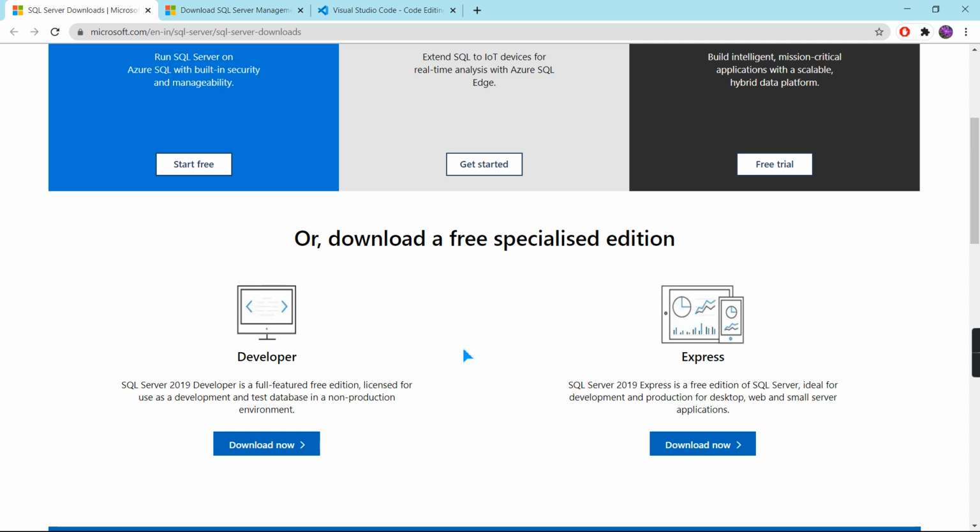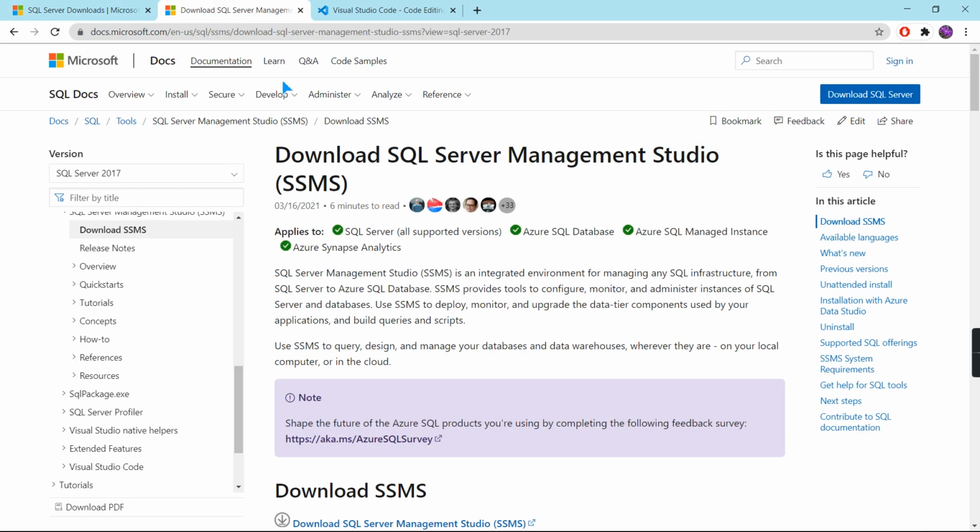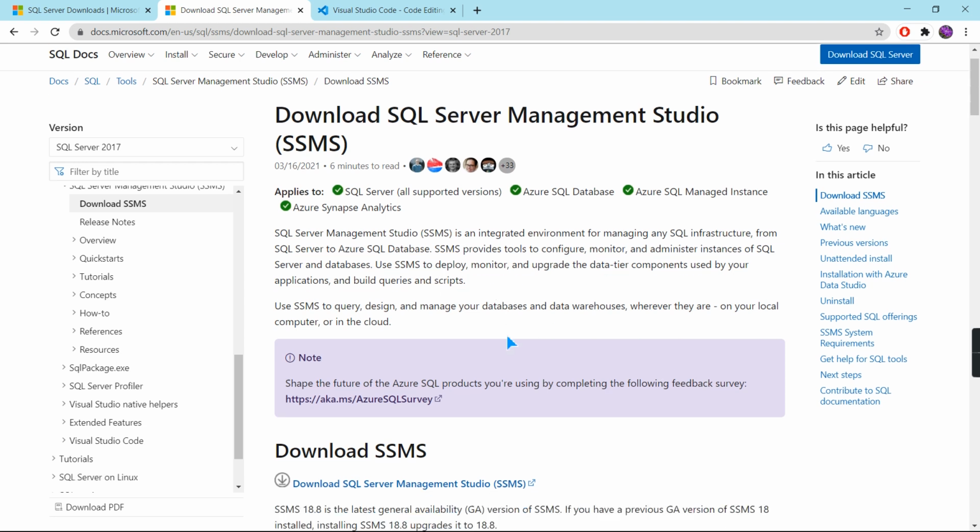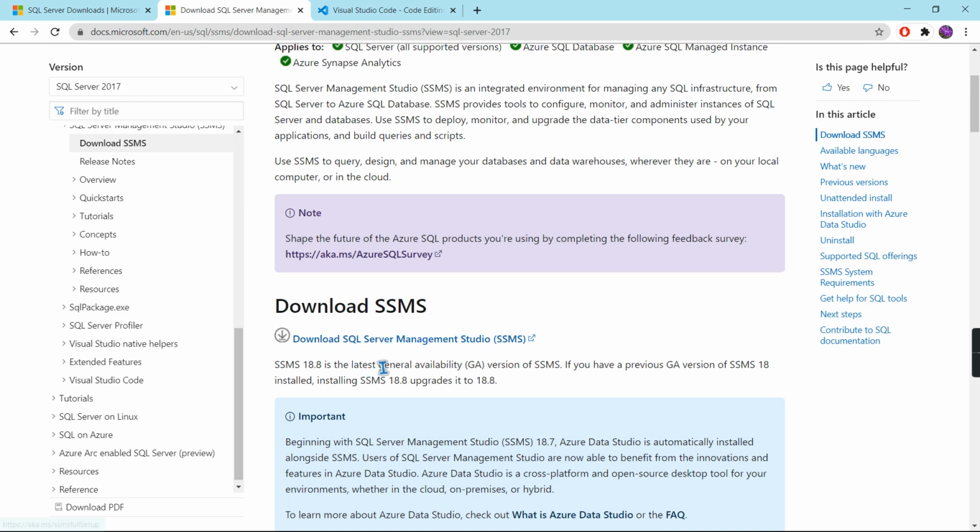After that, you can proceed with the installation. SQL Server Management Studio is an IDE that provides a graphical interface for connecting and working with Microsoft SQL Server. You can directly click on this and it will get installed.